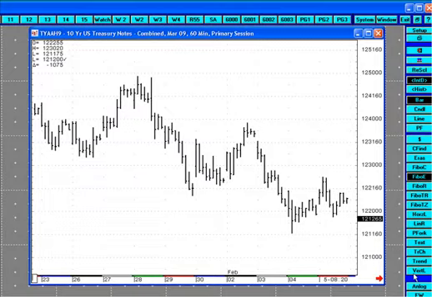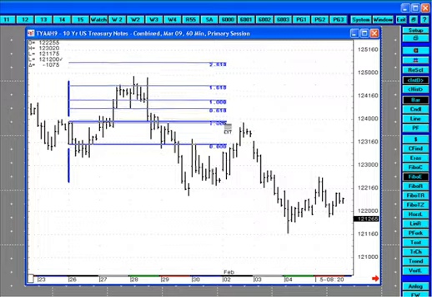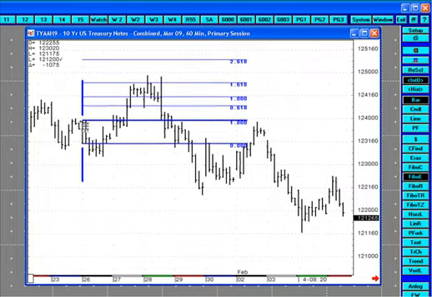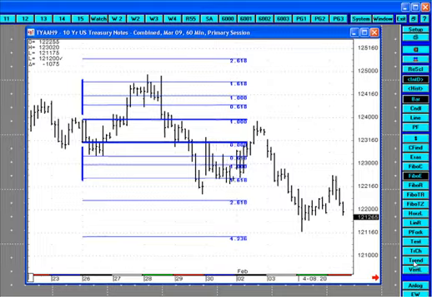So what I want to do is take the very first 60-minute bar of trading on Monday. Very important. I simply take the range of that bar and project it upward. Now, just to make things clear with regard to this price chart and specifically what I'm looking at is the